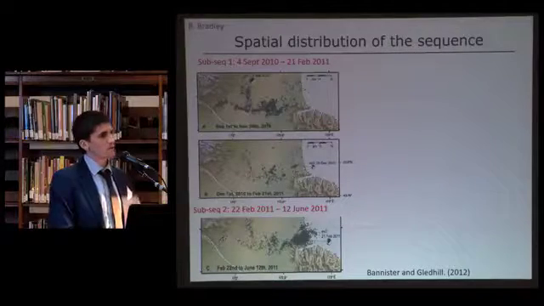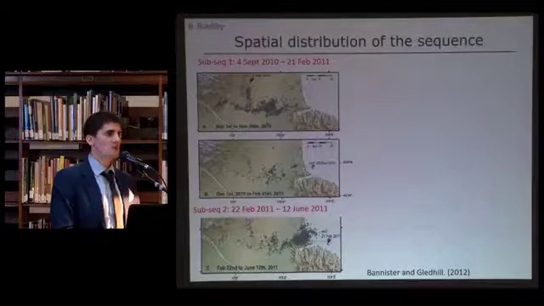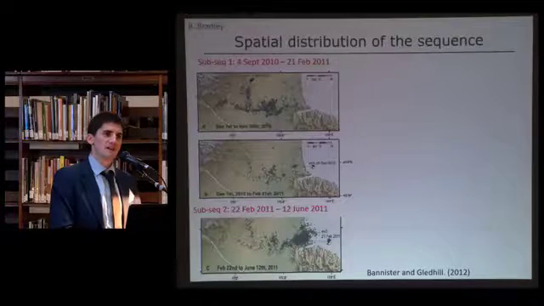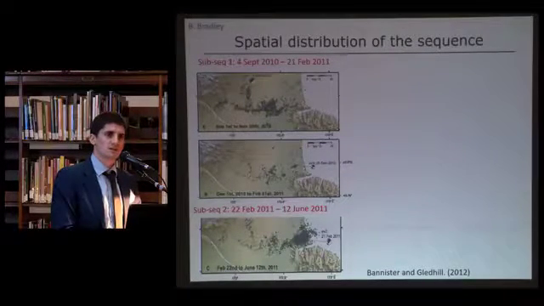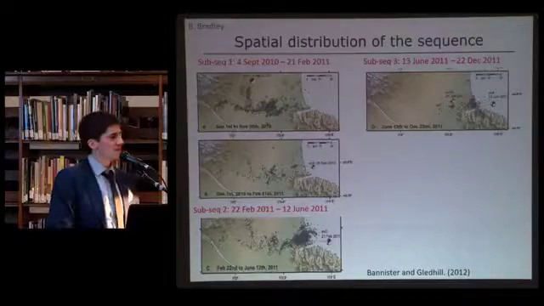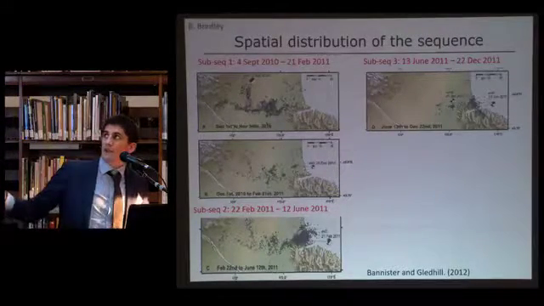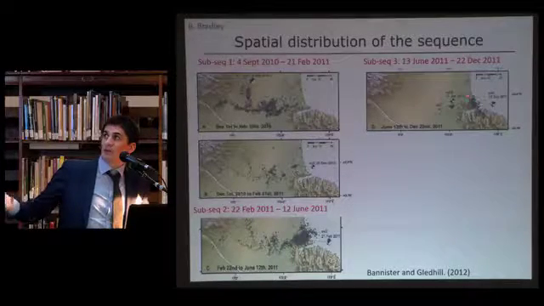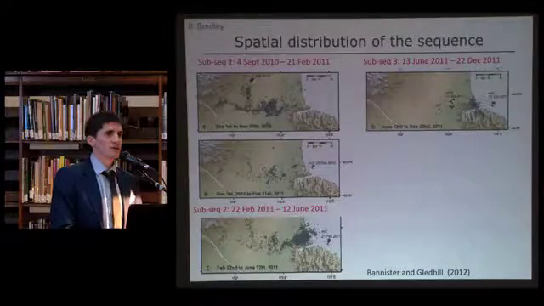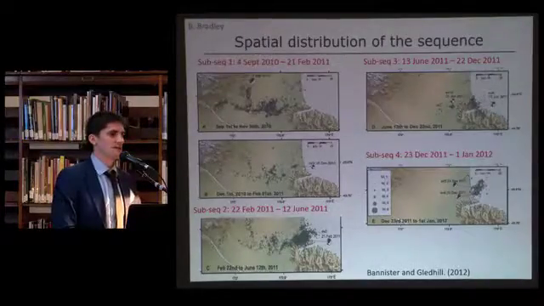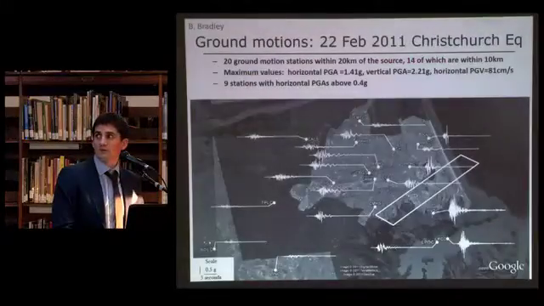The important thing with that latter earthquake was that while it was smaller in magnitude, its location relative to Christchurch City meant that it caused much stronger ground shaking in the city itself. The sequence continued approximately 6 months later. There was another magnitude 6.0 earthquake, what we often colloquially refer to as the June 2011 earthquake, and then about another 6 months later we had a magnitude 5.9 earthquake.